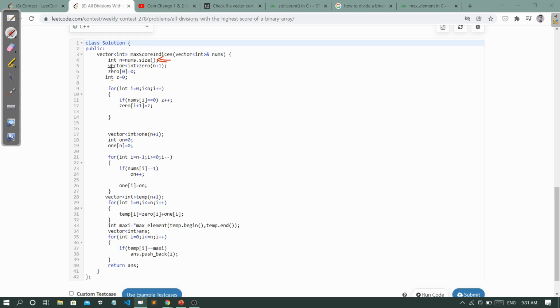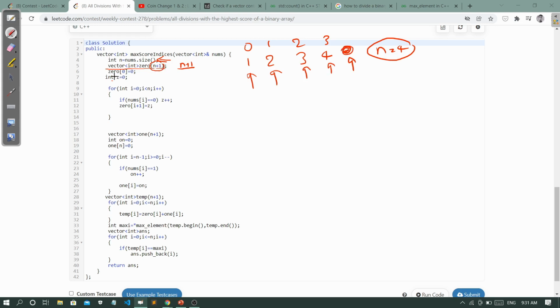After that we take a vector that contains the occurrence of 0 in the left portion, and note that it has size n plus 1, because if the size is 4, with indices 0 1 2 3, the division can occur at this position, this one, this one, this one, and this position as well. That is why we increase the size to n plus 1.